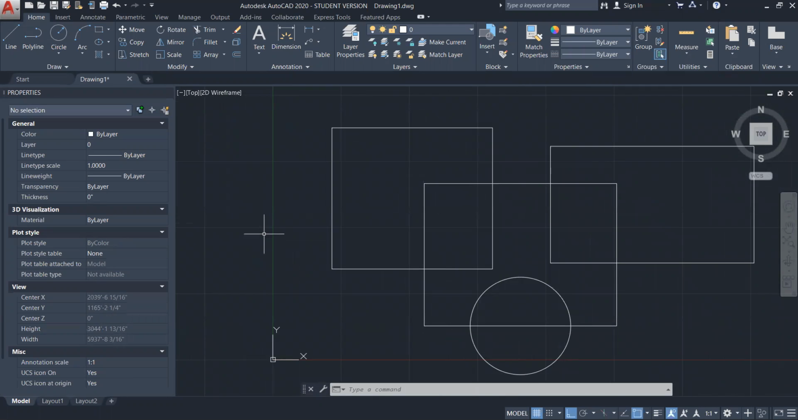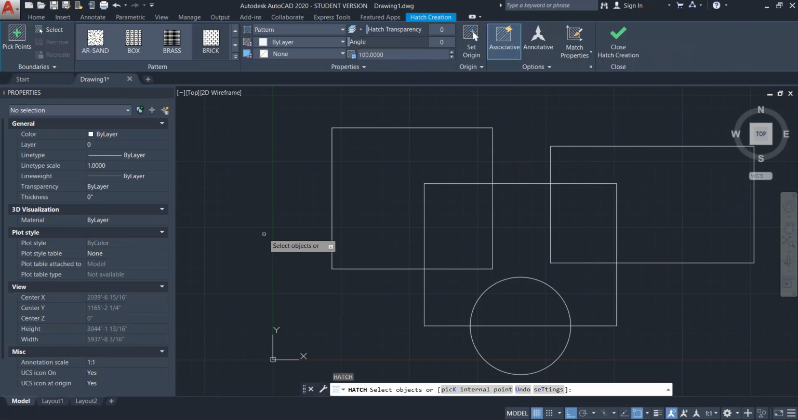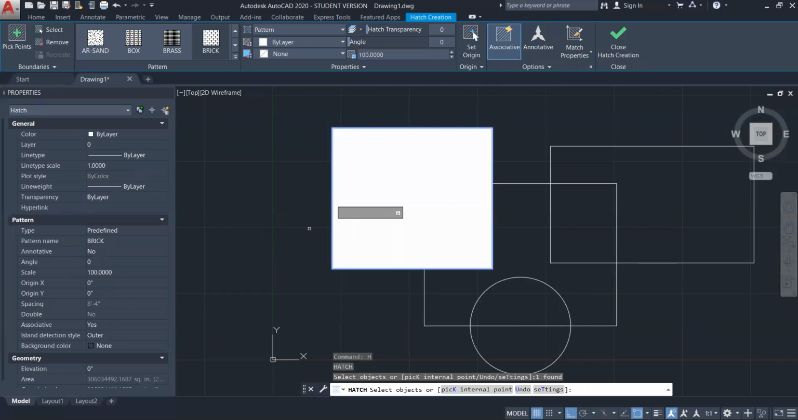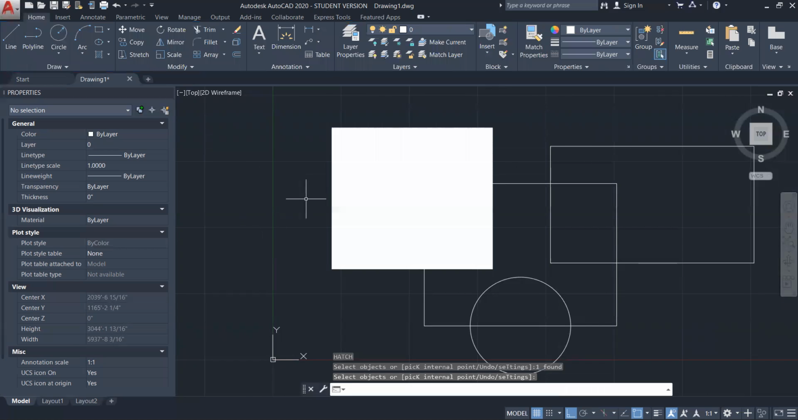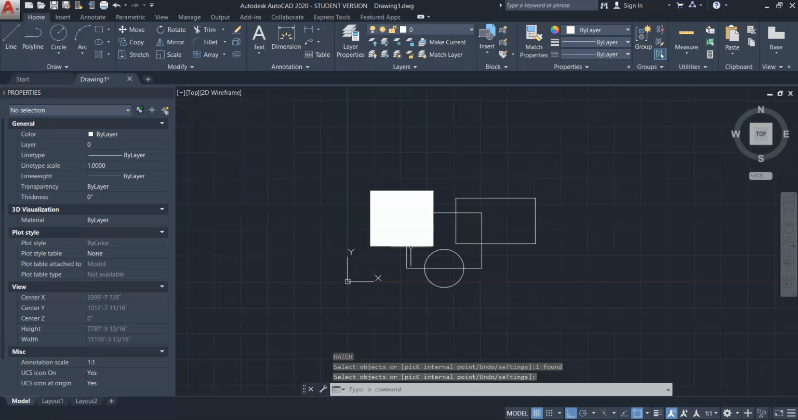Enter the hatch command by typing the hotkey H, enter. And there's two options to create a hatch. The first one is by selecting an object. You can see that's the default right now in the command line. Select object will let you choose one object, left click to apply it, enter to exit the command. And this has created one solid hatch pattern